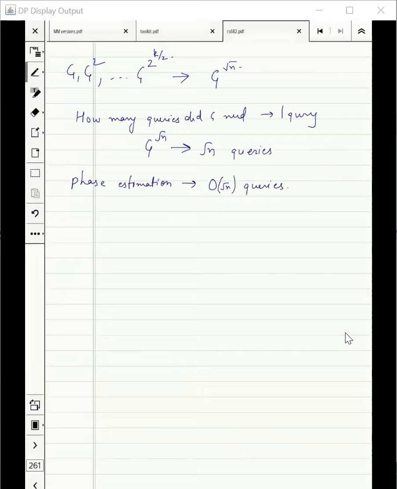This is not a very major part of Grover search. Don't worry about it if you don't get it completely. It is just to convince you that we have a full method to find the number of marked elements as well as find the marked element in square root of n twice. This algorithm, when we actually find the number of marked elements, is called quantum counting.